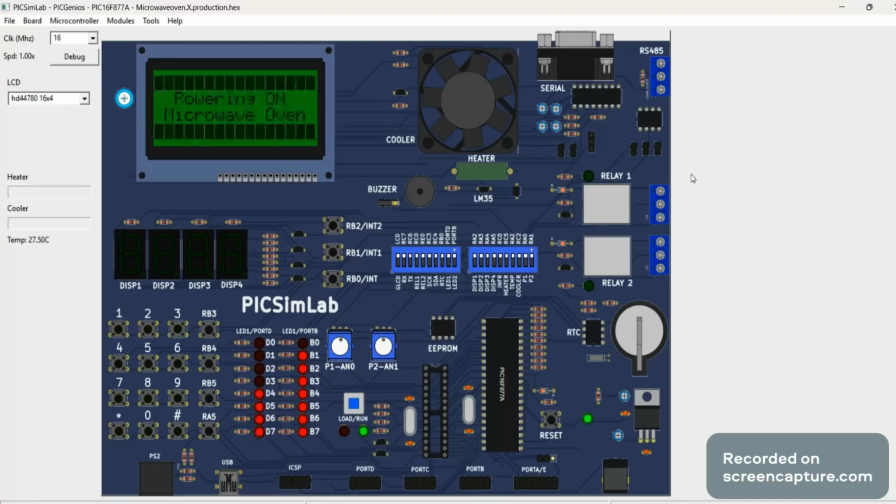Hello everyone. Now we are going to see how the code is exactly going to work. Firstly, we saw the start screen. Now we have the menu screen. Now when I go to the micro mode by clicking one,